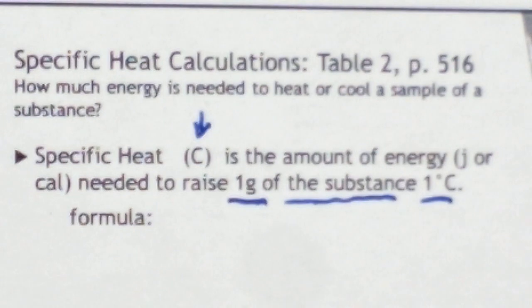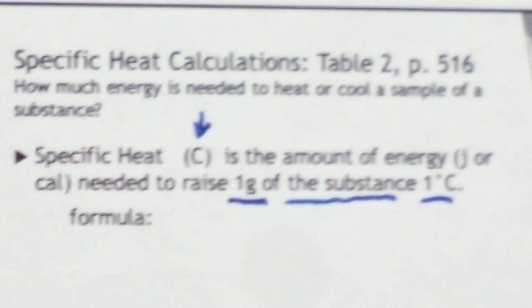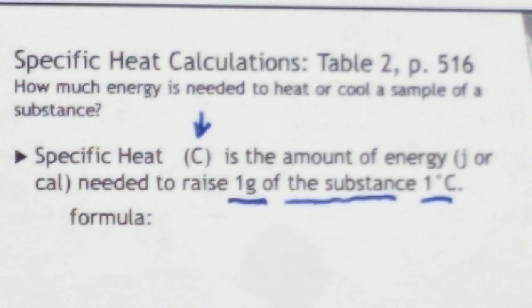So if it's iron, then iron's specific heat is the amount of energy it takes to raise 1 gram of iron 1 degree Celsius. And it's going to be different than raising 1 gram of water 1 degree Celsius, all right? So you look them up in the table. If on a test you needed that, I would either give you the table or I would give you the number, because there's no way for you to know it. And certainly you don't have to memorize it. But in the next slide, you're going to put the water one on your periodic table. So you have it, okay?